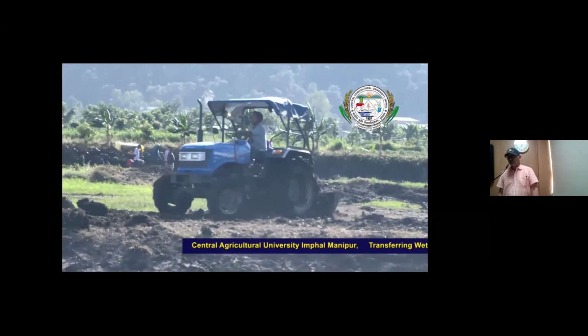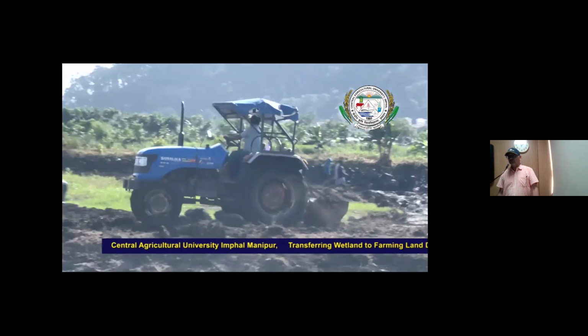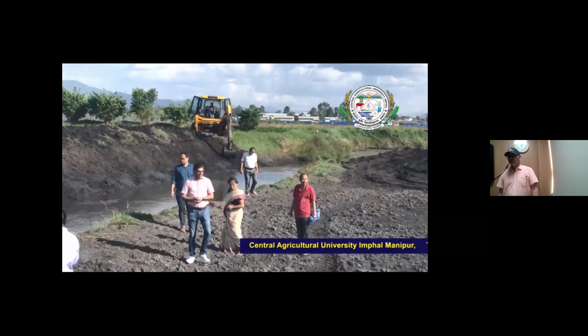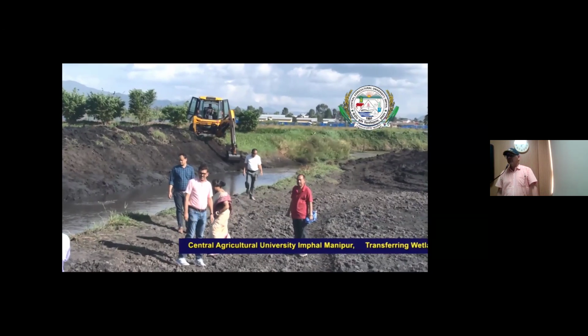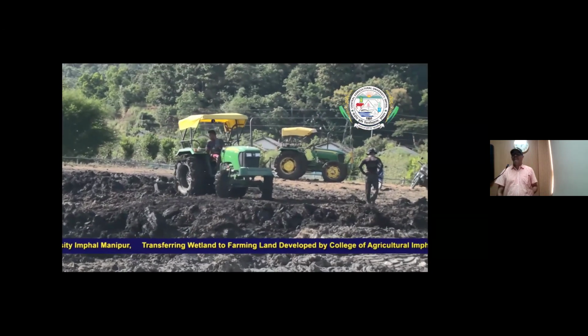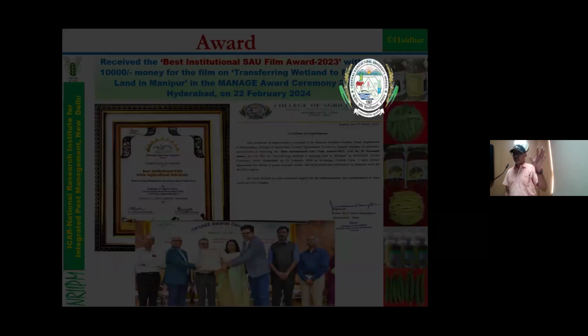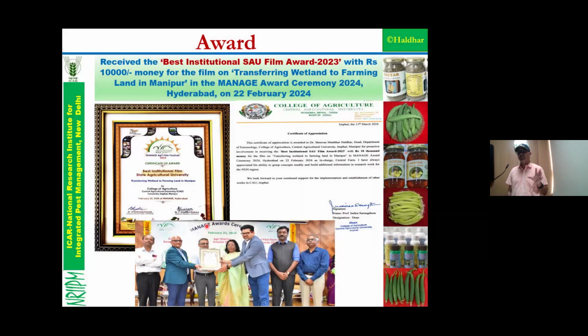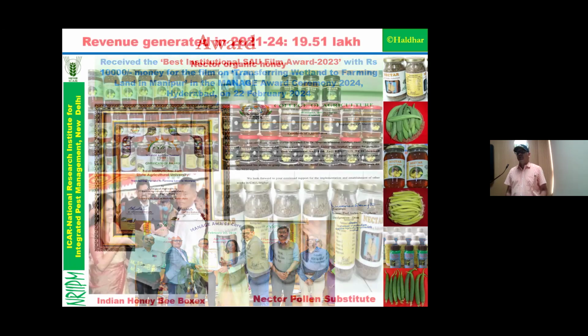The 5A approach: agriculture, agroforestry, apiculture, aquaculture, and animal husbandry for conversion of wetland to farming. That's why I told, sir, this is related to our farm. If we are developing the farm, then we require this, and on the basis of this we received this award, sir. Okay, very good. Congratulations. Yeah, thank you, sir.